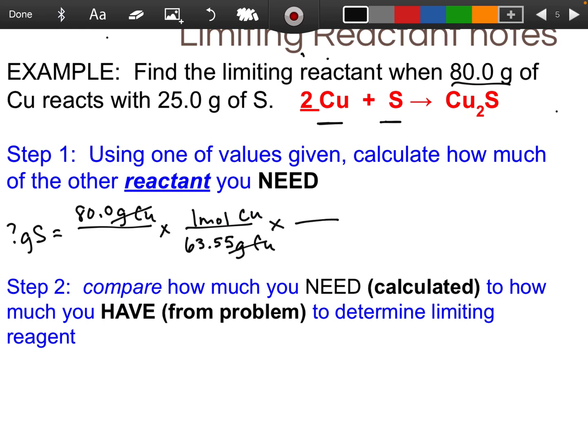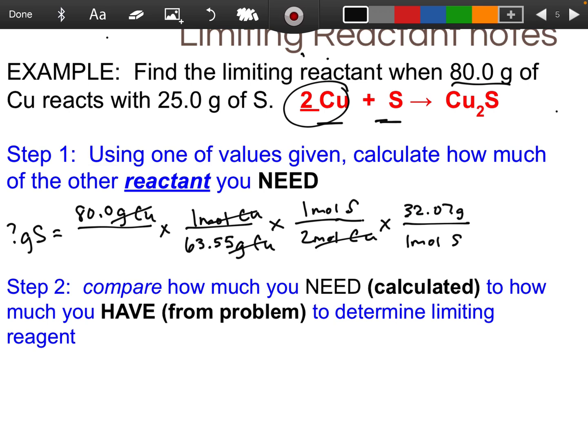Now we have to compare the two reactants, so we're going to compare the mole ratio. From our balanced equation, for every 2 moles of copper, I need 1 mole of sulfur. That comes again from your balanced equation. That cancels our moles of copper out, and now we can go from moles of sulfur to grams of sulfur. Grams of sulfur, again, comes from the periodic table, which is 32.07 grams of sulfur per 1 mole. Then when you have your calculation, you multiply all the numbers across the top,